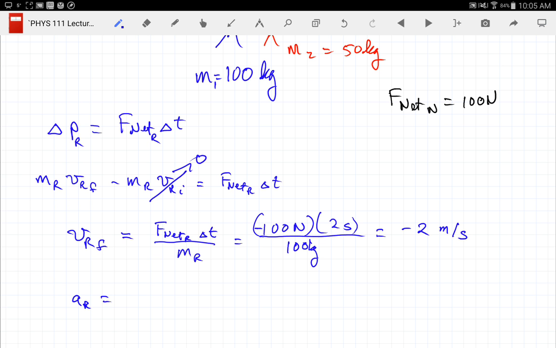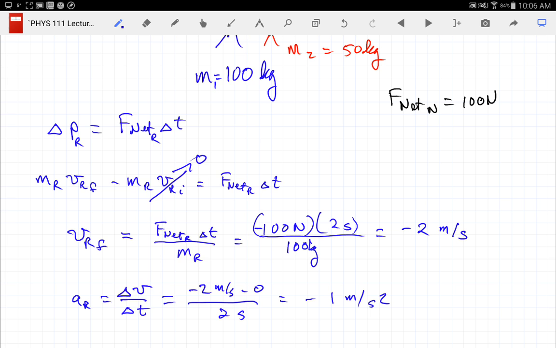What's the equation for average acceleration? You don't have to have the equations memorized, but the ideas are important. What is acceleration? It's the rate at which velocity is changing per time. So that would be the final, minus 2 meters per second, minus the initial, over the 2 seconds. And so the acceleration of Richard was minus 1 meter per second squared, and his final velocity was minus 2